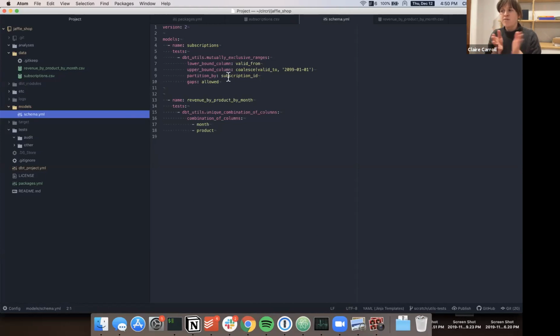There's an extra parameter for whether you're allowed to have gaps between these ranges: allowed, required, and not allowed. When you run this test, it does some pretty cool window functions to check this assumption. I found this really useful in testing some of my source data, just checking my assumptions there.